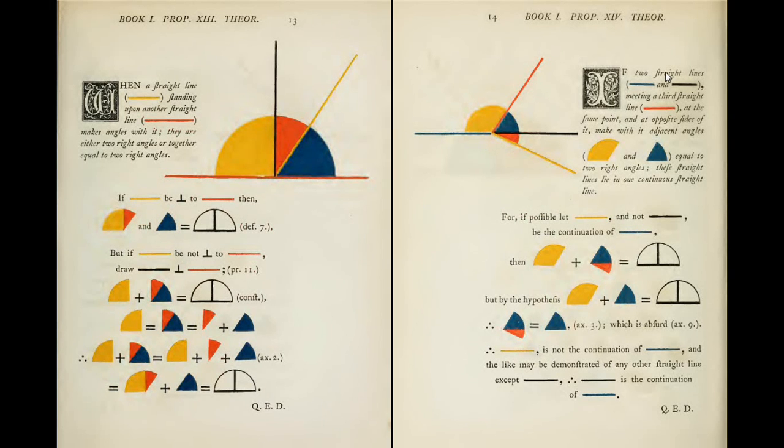Here we have blue and black, a straight line, blue, black, an arbitrary line like this yellow, creating these two angles which add up to a right angle. And now what he wishes to show